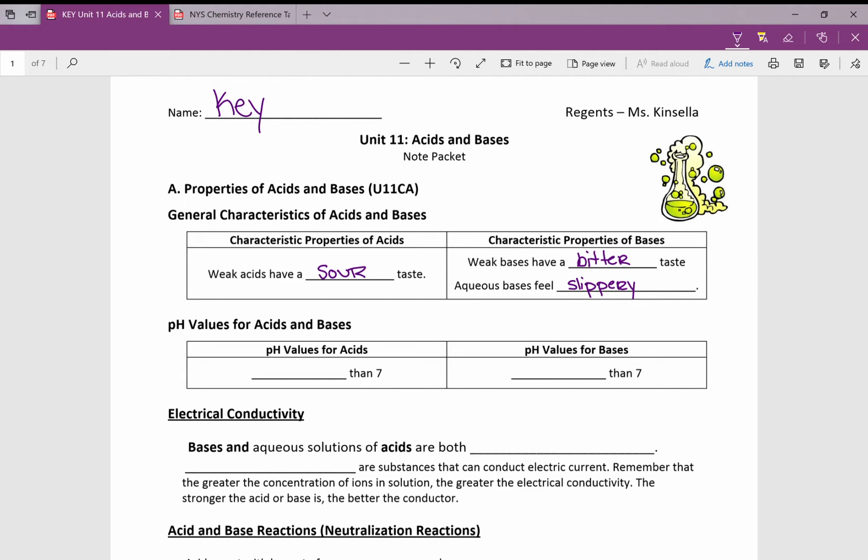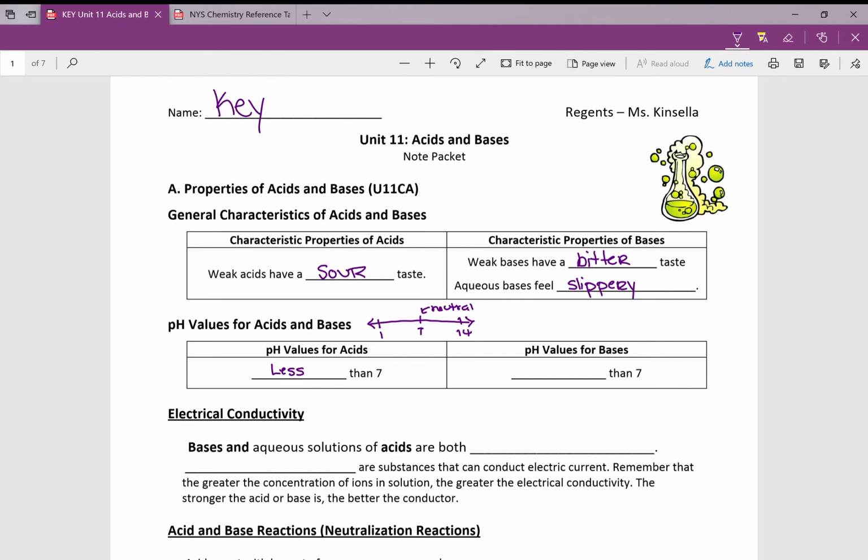Some general things with the pH scale. It's been probably a little while since some of you have seen that. The pH scale usually is considered going from about 0 or 1 to 14. So a pH of 7, keep in mind, is neutral. Anything that is less than 7 is considered acidic. The lower the number you get towards 1 or 0, the more acidic it is,